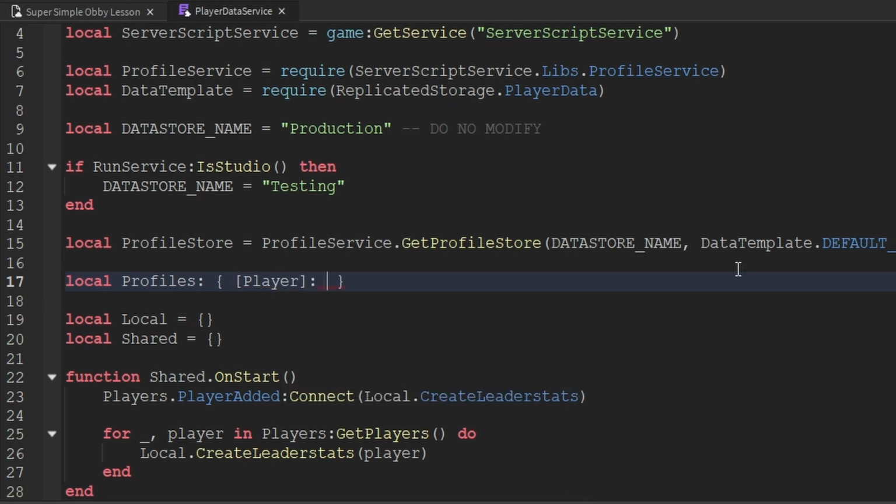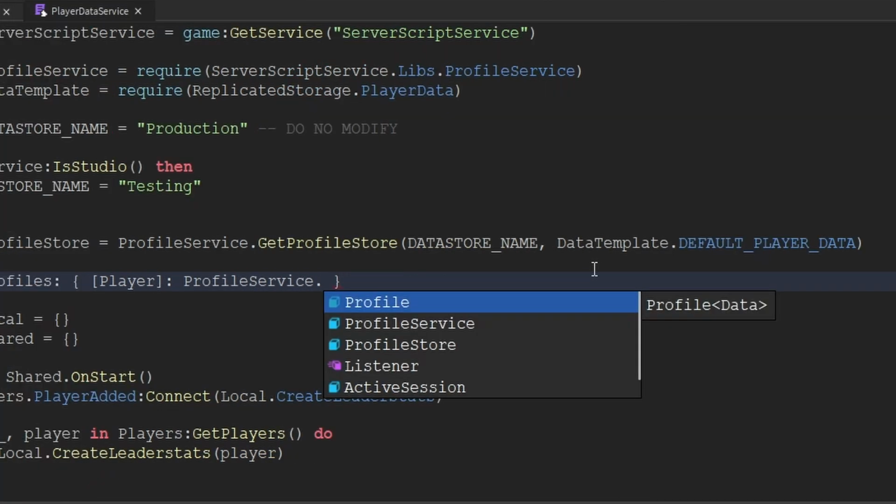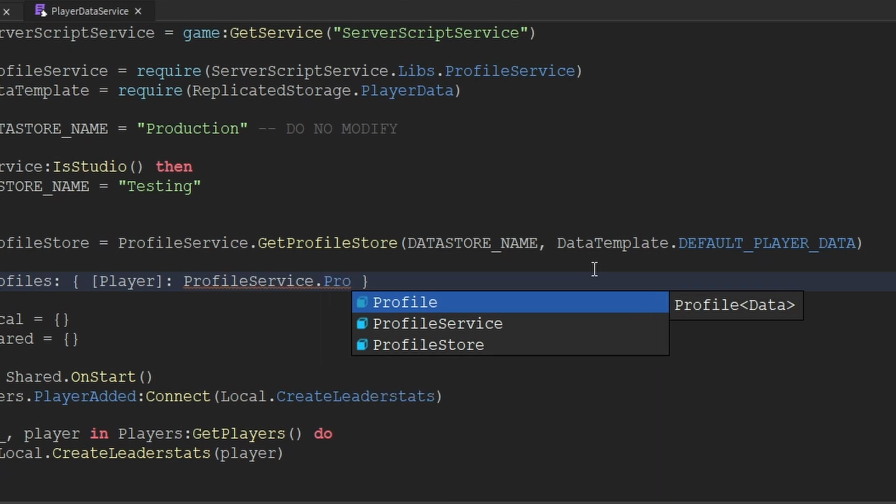And for the profile type, we can actually get that from the profile service module. So we'll say ProfileService. And the first type that's suggested to us is Profile, and that's actually the one that we want to use. Now, one thing that we have to look at before we type out the word Profile: Roblox is displaying the type to us, but after the word Profile, we can also see the word Data